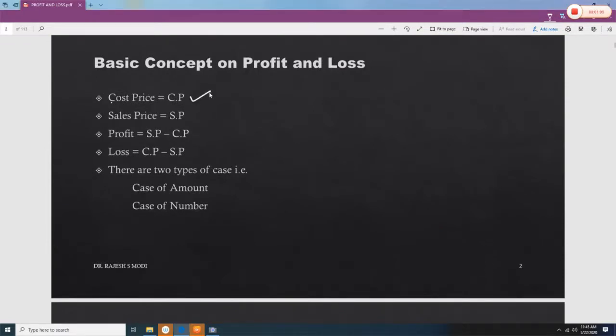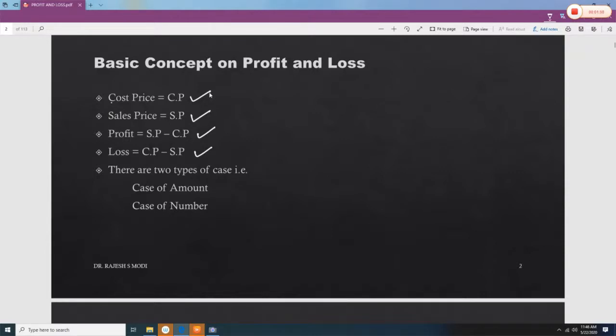So let's say the basic concept, there is a cost price. The cost price means the price at which you are buying the product. Selling price is the price at which you are selling the product. And profit is of course selling price minus cost price, because you buy at $100 and you sell at $110, so $10 is your profit. So normally the SP is more than the CP, but sometimes, because of discounts or the slack season, retailers give a selling price which is less than the cost price. So here they are going to make a loss.